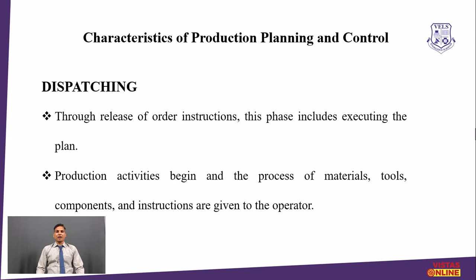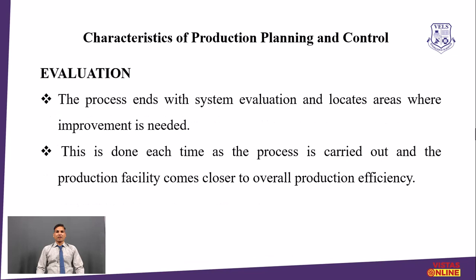Relatively, the people will be delivering the products to the concerned parties. And then the last important function or character is evaluation. After knowing about the material stage to the dispatch stage, each and every stage which is going to happen within the four walls of the company. Next one is evaluation. From material stage to dispatch stage, each and everything which is going to happen directly or indirectly at the production department or within the organization.